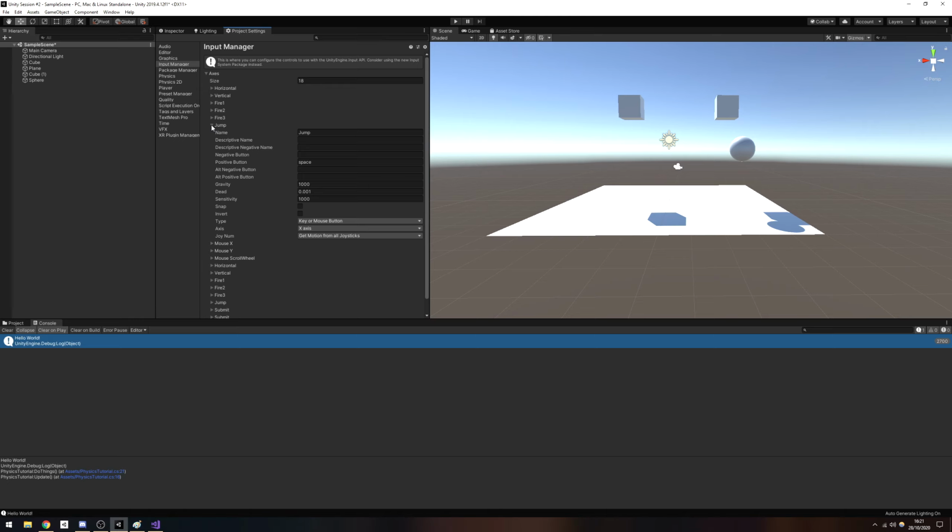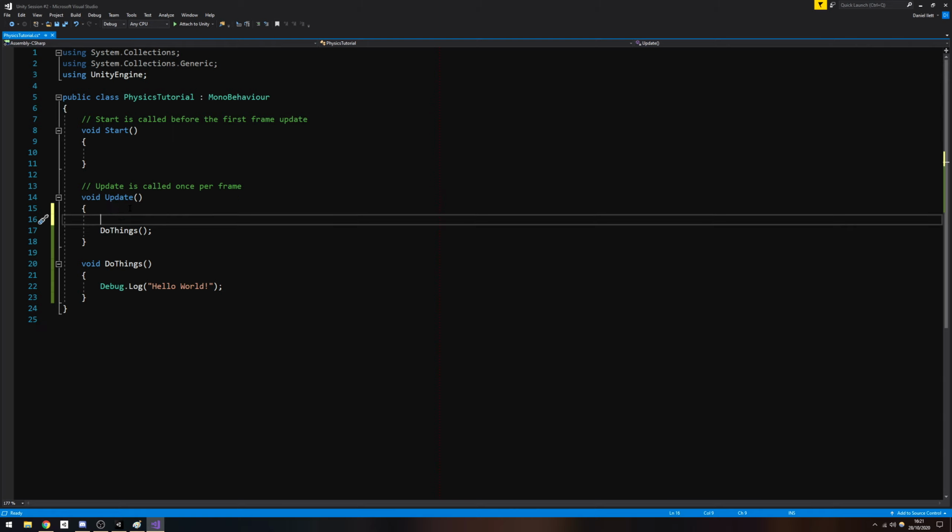So instead of printing hello world every time, we only do hello world when we press space, for example. To interact with the input system, we just type Input. This is the input class. And then dot, full stop. Then we have to find the correct button that we pressed. We are looking for the jump button because that's space. So if we do GetButton,